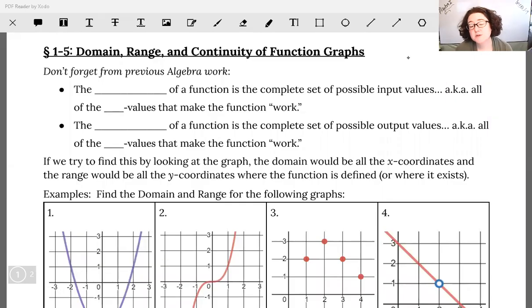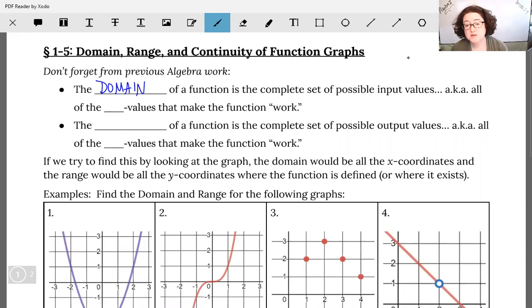In our last video for this unit, we're going to look at domain, range, and continuity of our function graphs. So both our parent functions and just general in terms of how we can find domain, range, and describe continuity. So don't forget from your previous algebra classes, when you talked about domain and range for any function, your domain